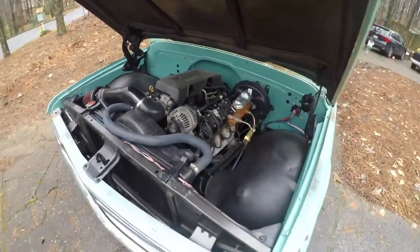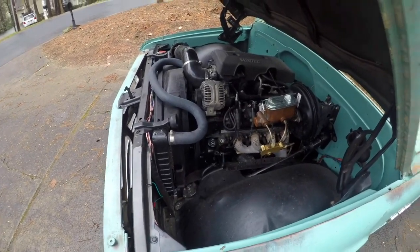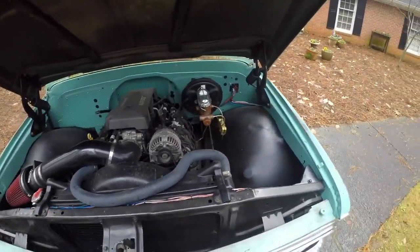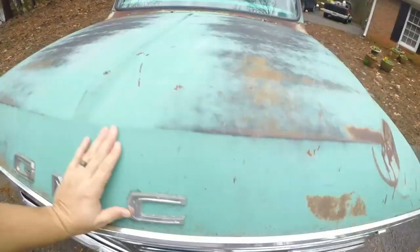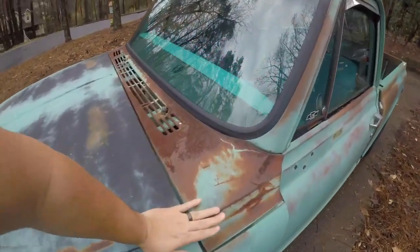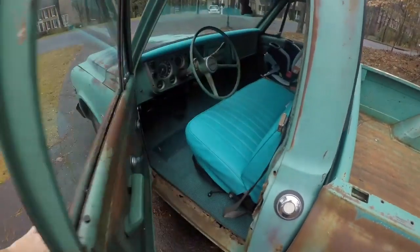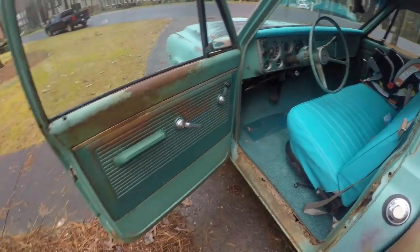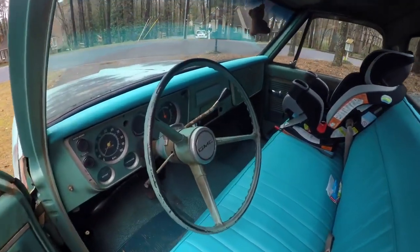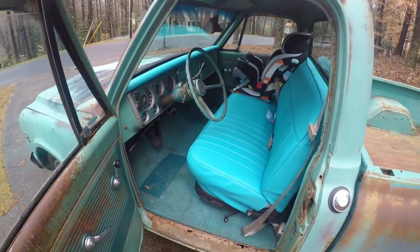Power brakes, power disc brakes, because we've converted to 5-lug and put disc brakes up front. We got power steering. A new wiring harness for the most part. Still plenty of things we need to do to it, but like I said, needs some rust repair. Probably going to paint the inside of the truck. It's got quite a bit of wear, but new seat cover, new dash pad, 3-point harness seat belts there,